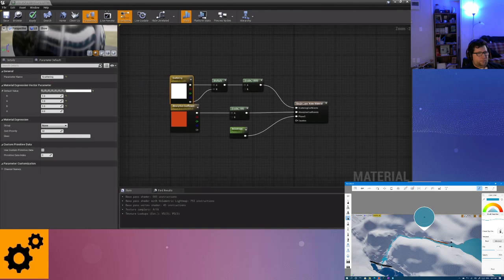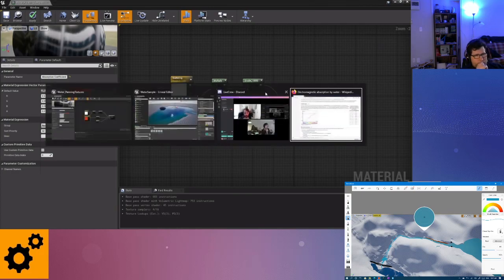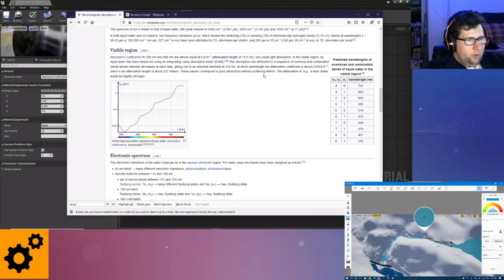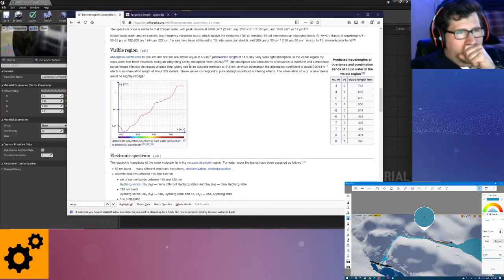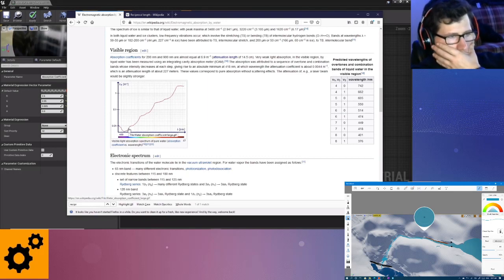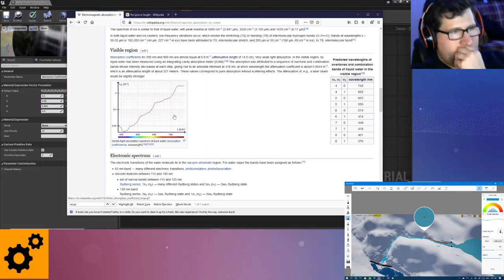How quickly does it lose its energy? And if we want to figure out the correct way to apply this, we can actually jump over to Wikipedia to get an idea of what this means. Absorption coefficients basically define, for the visible light spectrum, how much each frequency is going to be absorbed by water. And you don't really need to get too deep into the math here, but